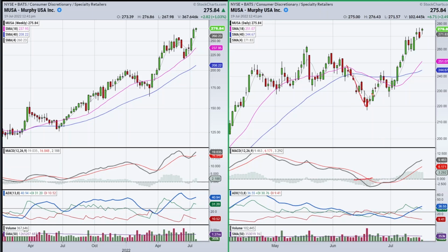What I'm always looking for is a test. I don't typically want to just turn and buy the first crossover like this. This is not an optimum entry if you've overrun zero, in my opinion. What I want to see is a little bit of a test and see this line hold just like it did, and then it tested and it turned back up. This is an ideal entry with pretty high probability, and the reason why is that we've already broken the downtrend line,